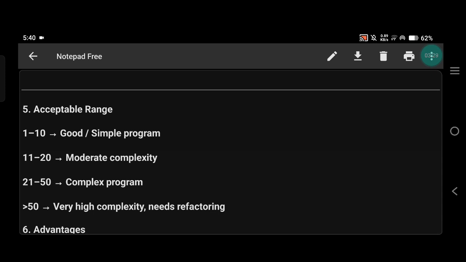And now the acceptable range: between 1 to 10 is good and simple, between 11 to 20 is moderate complexity, between 21 to 50 is complex, more than 50 is very high complexity and should be reduced. Okay,